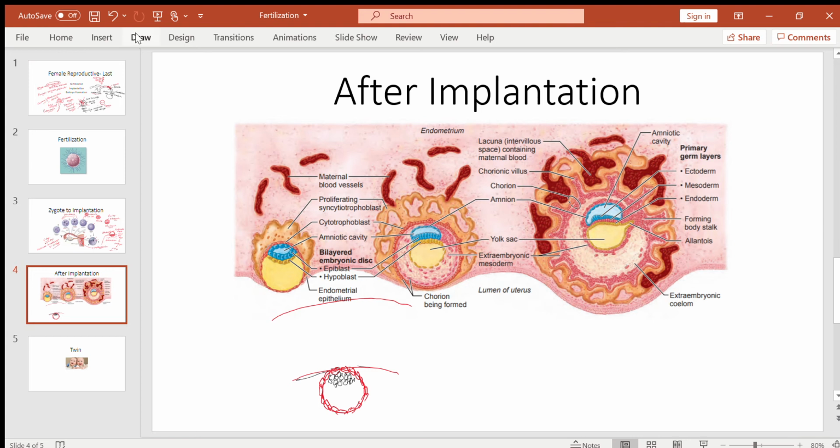They will do what? They will multiply, and will invade inside the endometrium. It is like, after you put the seed, what happens? The root comes out, right? And enters into the soil, ground, and goes deeper. Okay, so like that. So these cells will multiply and will go inwards, okay,